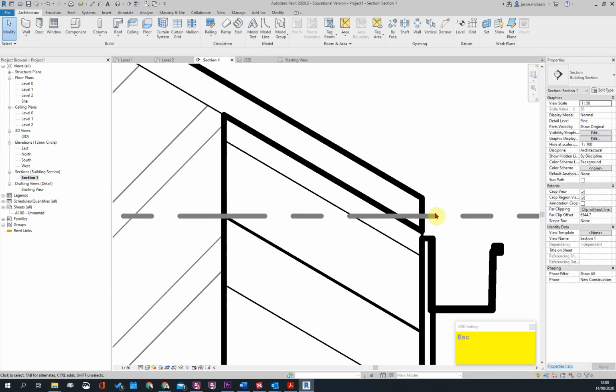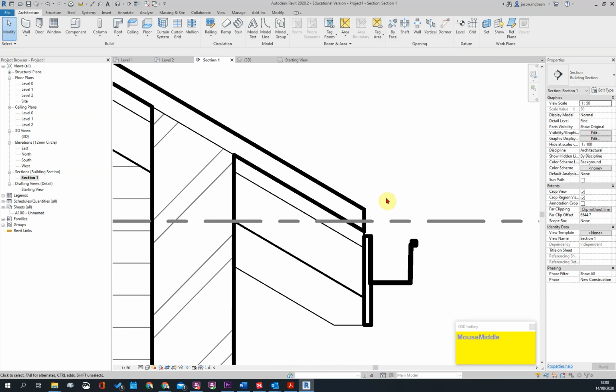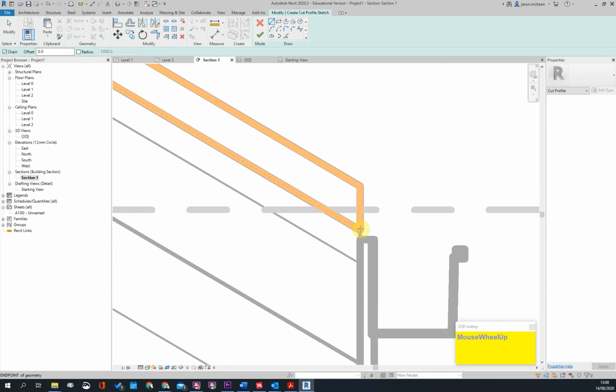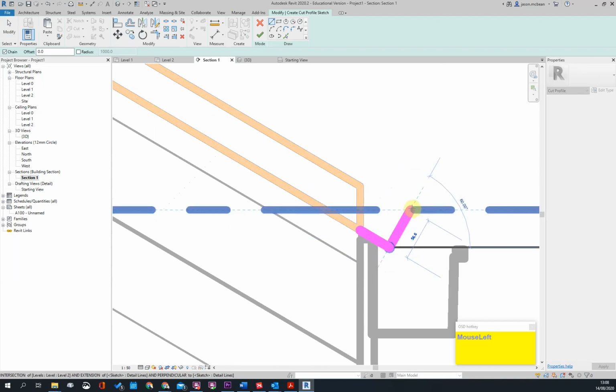So what I can do is, you've got two options. I draft a lot of this in, and I'll explain that later. That's something we'll cover in a later session. But in essence, what you can do now is in view, you can go and change the cut profile. You can change how this profile works. So in essence, this will go past a bit, and this is usually at a,